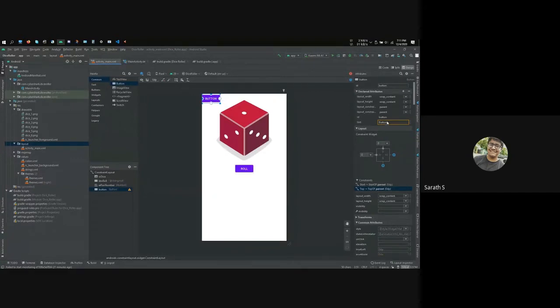If I were to type a long string instead of button, it just expands to fit its size. You could control all of this with constraint layout. If you don't want something to overlap something, you could do all of this with constraint layout. The only layout you'll probably be needing is constraint layout, so that's what we'll be using here as well.